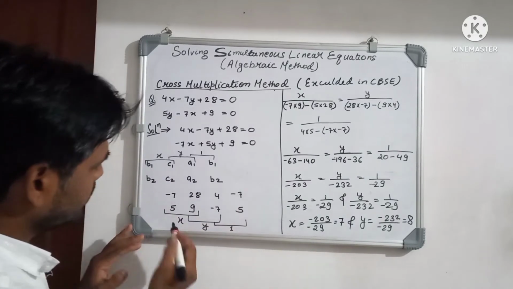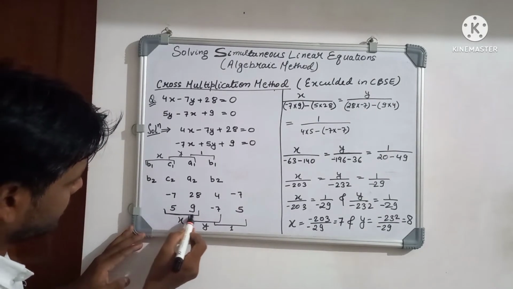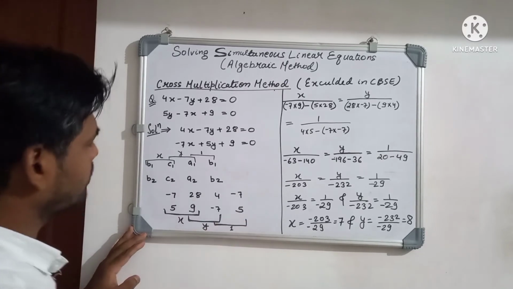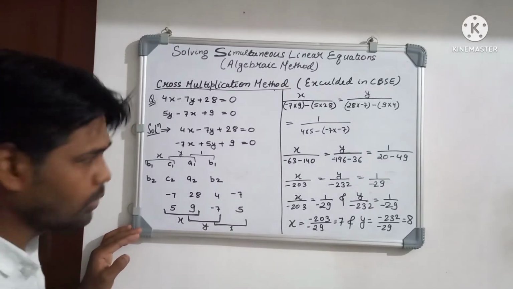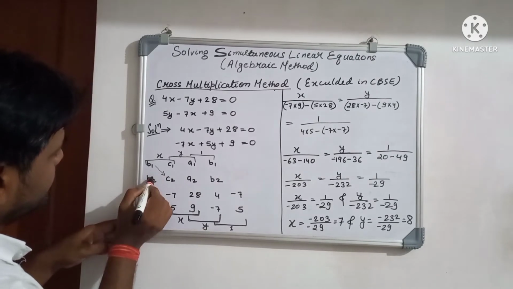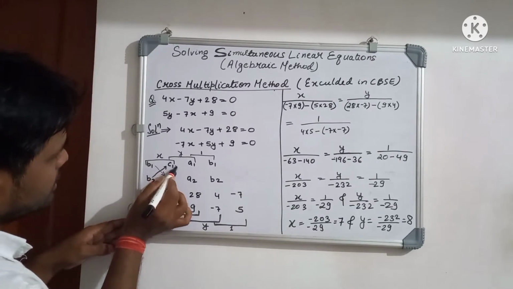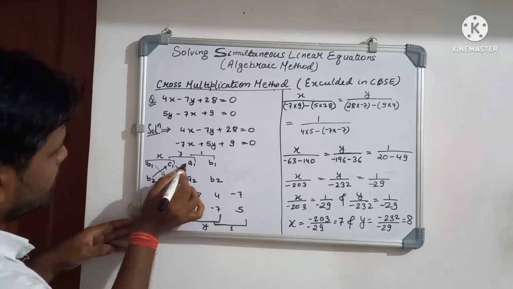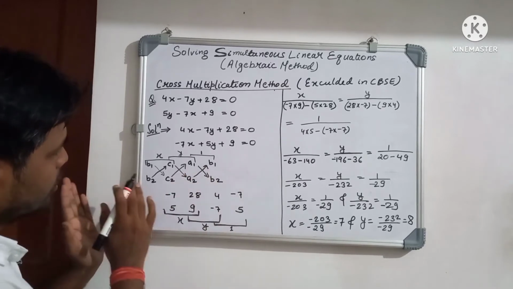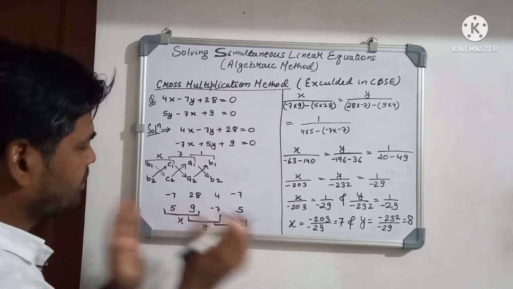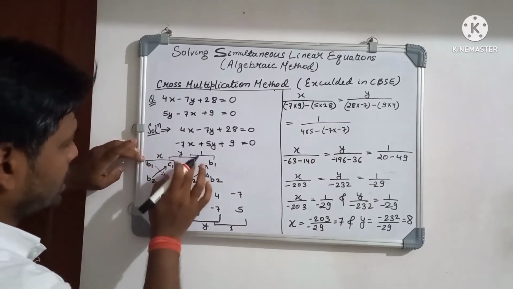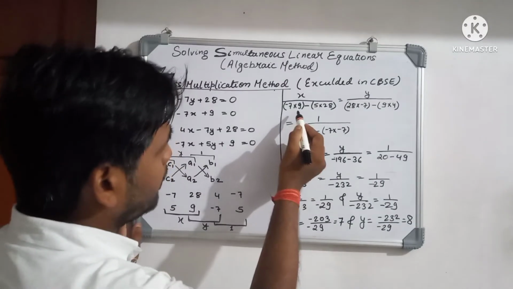After writing this, we can easily find the value of x from here, y from here, and then 1, which is the constant of the equation. As I had already told you, we can use b1 multiplied by c2 and b2 multiplied by c1. Similarly, c1 multiplied by a2 and c2 multiplied by a1, a1 multiplied by b2 and a2 multiplied by b1. So in this sequence of multiplication, after multiplying the particular coefficients, that is b1, b2, c1, c2, a1, a2 and again b1, b2, we would obtain this value.